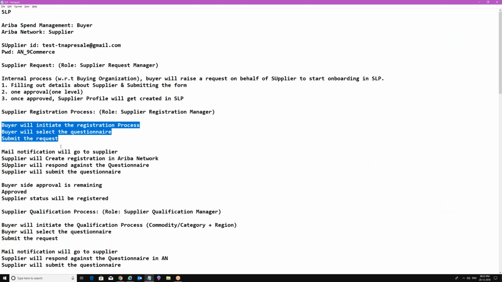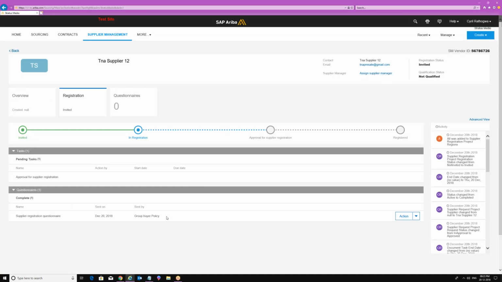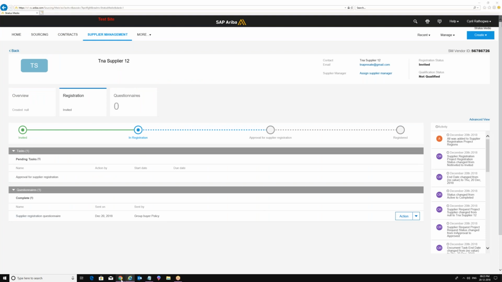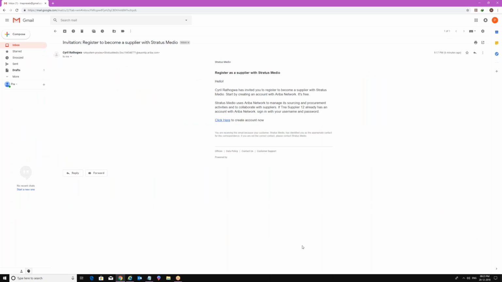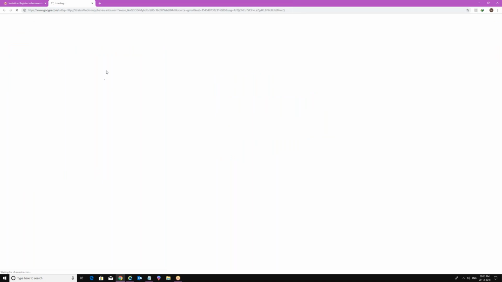Once they submit the request, this particular screen which we are seeing right now is going to come, and the supplier is going to receive a mail like this saying that yes, you have received a mail for registration. Click here. Once you click there, the system will automatically take you to Ariba network.